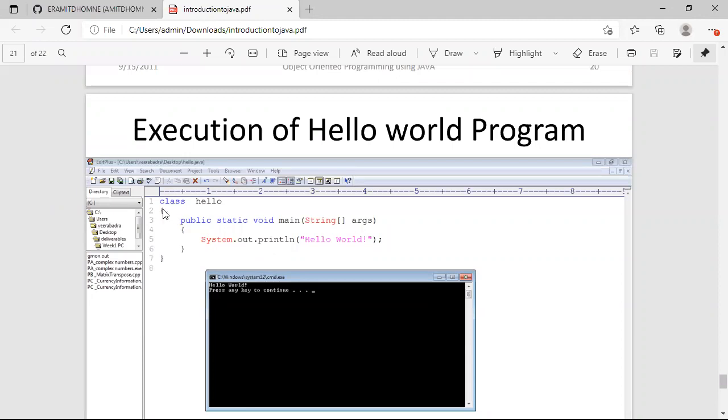Here this is a class Hello, and this public static void main is a function that is responsible for running your whole program. Whatever logic you write, you are going to write inside these curly braces inside the main function.